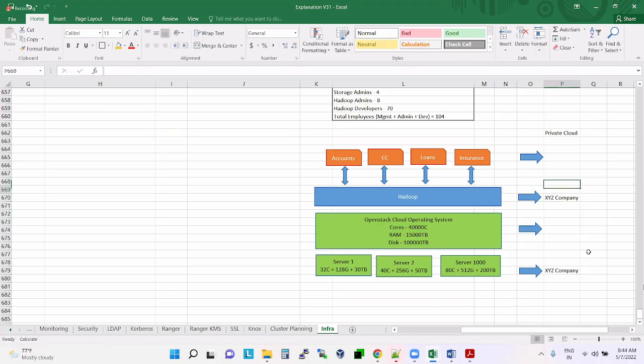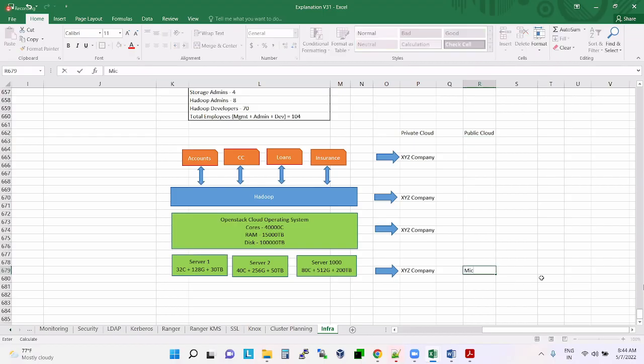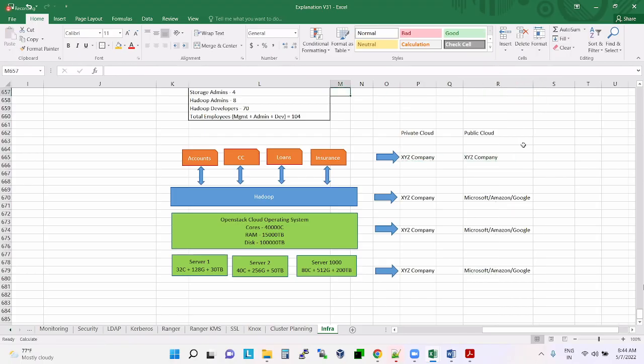But when it comes to public cloud, this is the only difference, sir. Tell me, what is the difference between public cloud and private cloud?